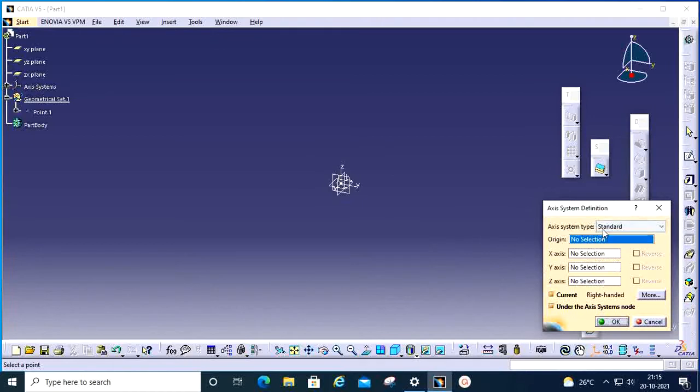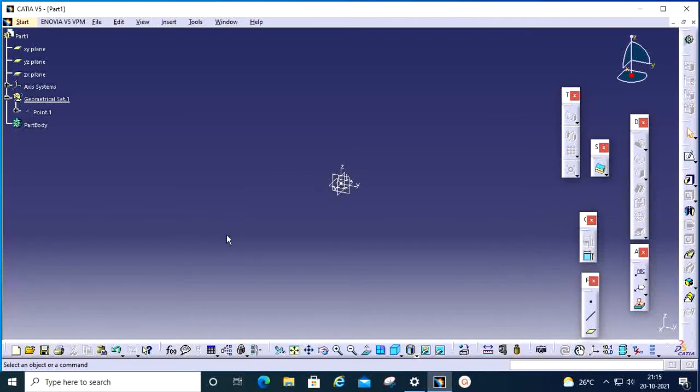By default you can keep here. Default it is taking this origin point, otherwise you can click here. So you can see your axis system here. Now you can hide your planes. We can start our sketch.